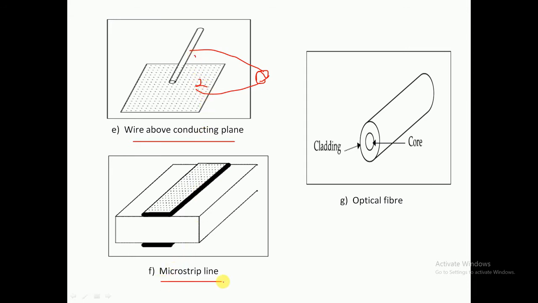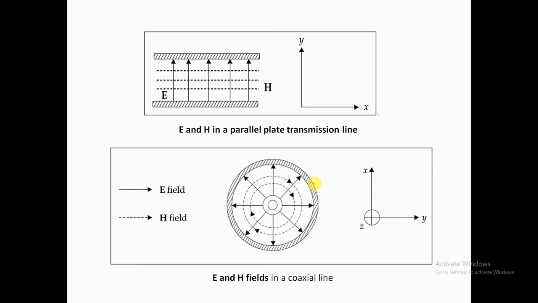There are huge applications of these different types of transmission lines, which I will be discussing just after a minute. Next, we have studied all these types, right? What are the different types? But the thing is, how will the electric field and magnetic field be in the case of transmission lines?